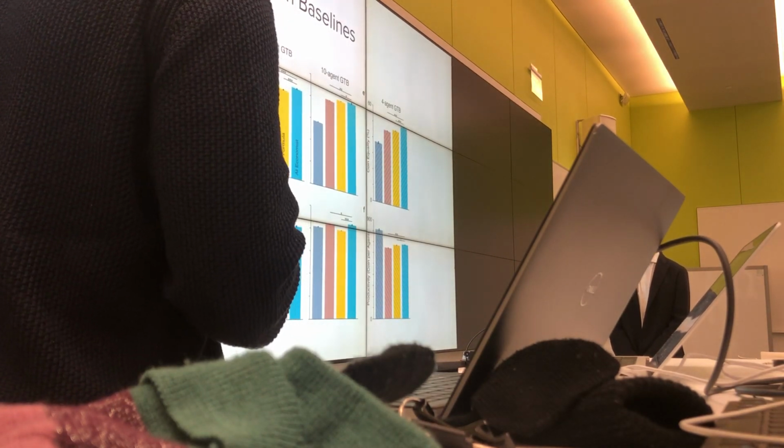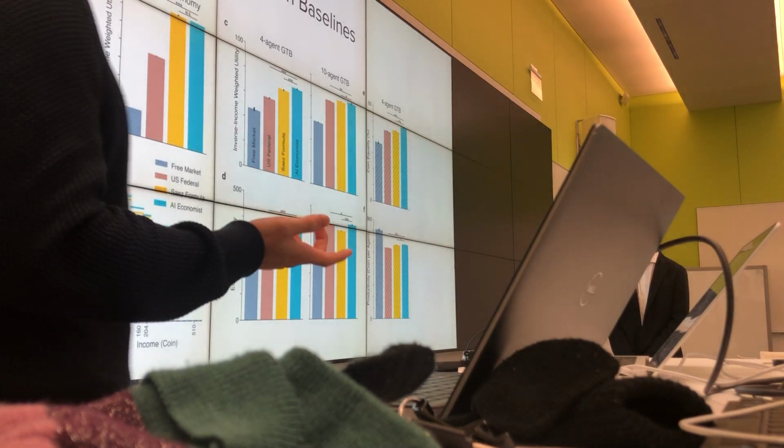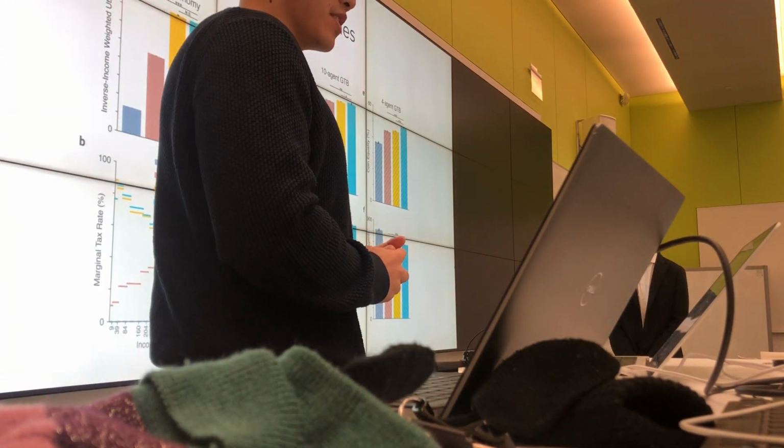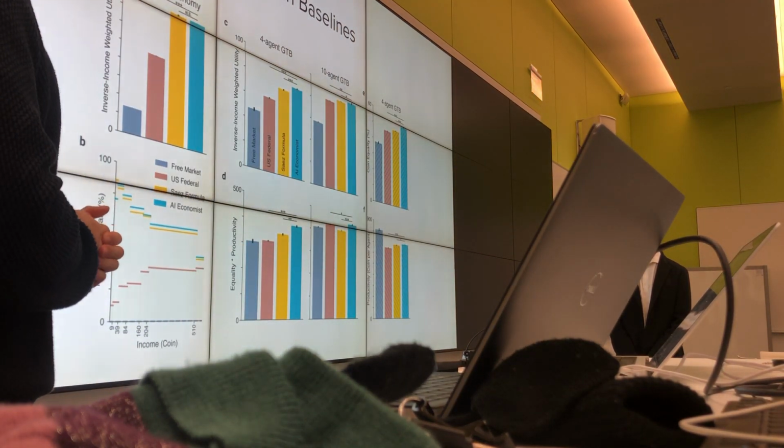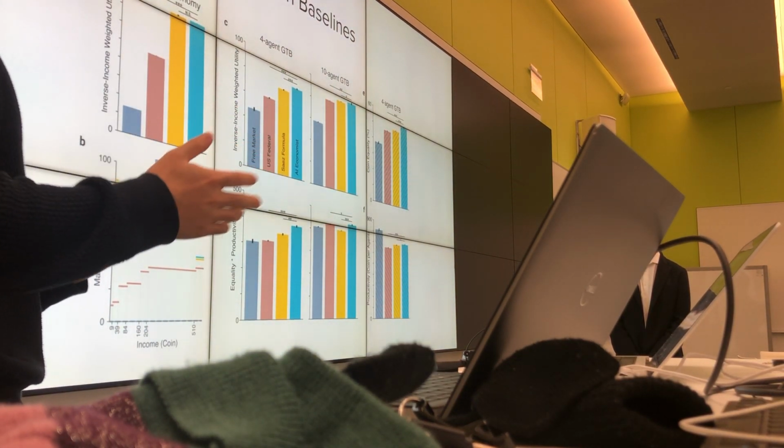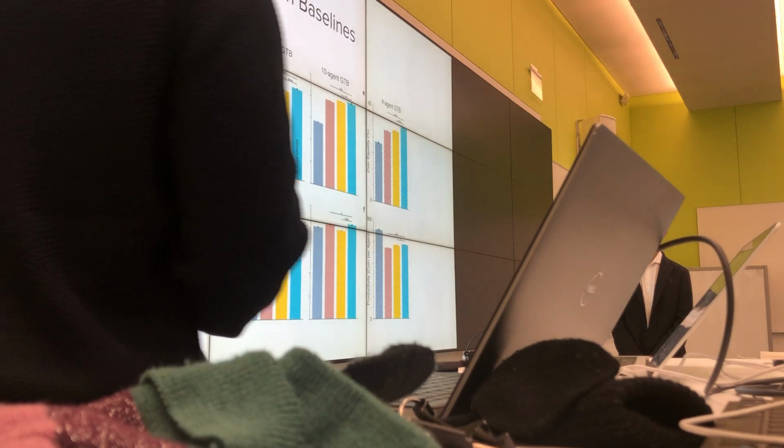Federal tax schedule, the Saez formula, and our own AI Economist. So for plots A to B, you can see that this is in the one-step economy. This is where we run one step of the agents and one step of this tax planner. We can see that we recover an almost equivalent social welfare solution to the Saez formula.